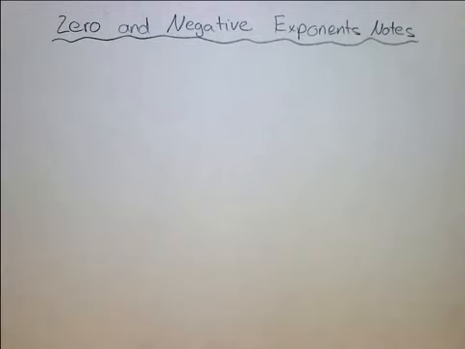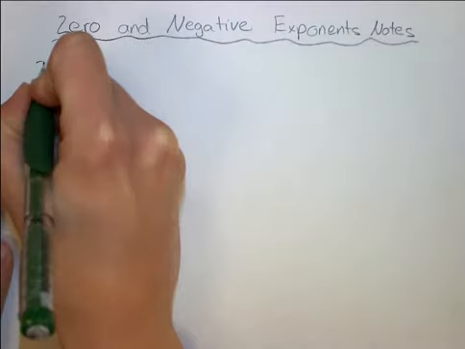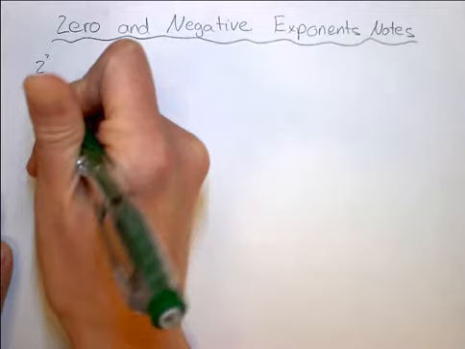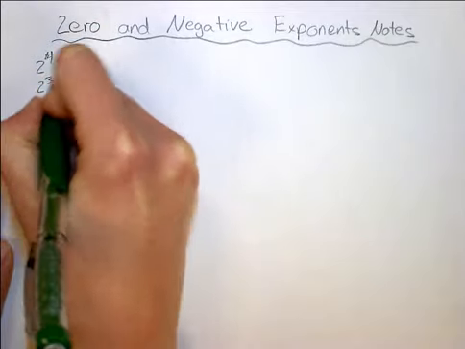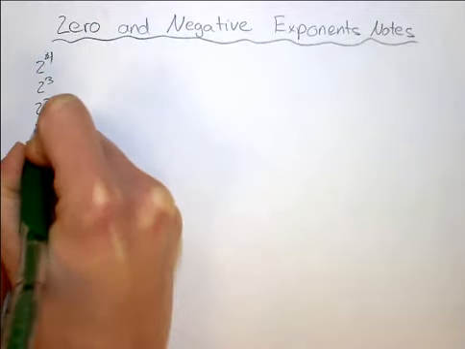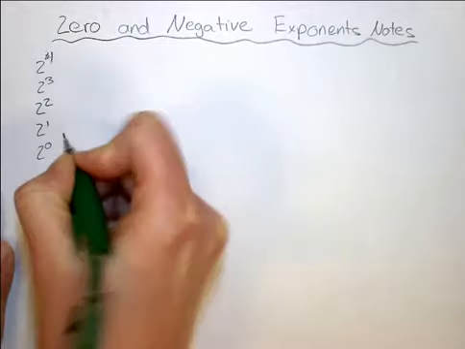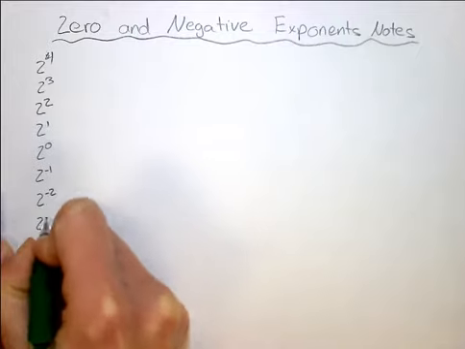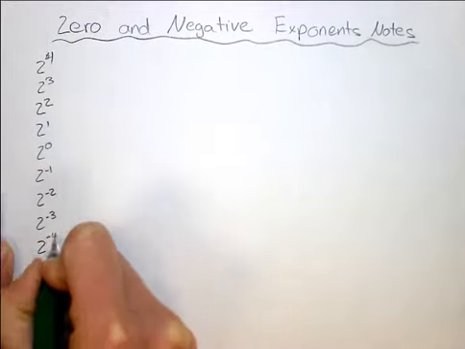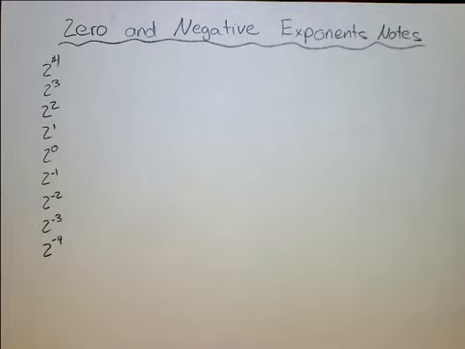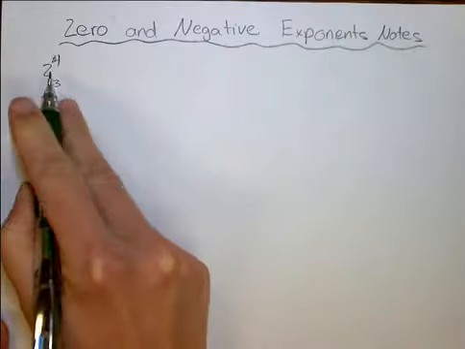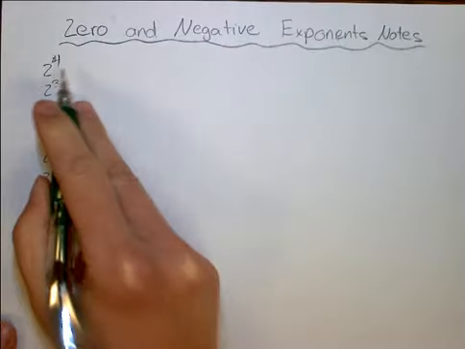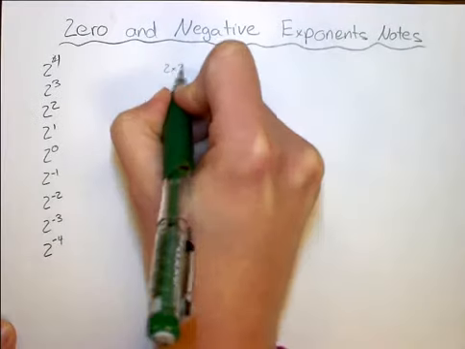These are notes over 0 and negative exponents. First, I just wanted to show a pattern. So we're going to find 2 to the 4th, 2 to the 3rd, 2 squared, 2 to the 1st, 2 to the 0, 2 to the negative 1, 2 to the negative 2, 2 to the negative 3, and 2 to the negative 4, and try to find a pattern between these. Well, if you remember the exponents, 2 to the 4th means 2 times 2 times 2 times